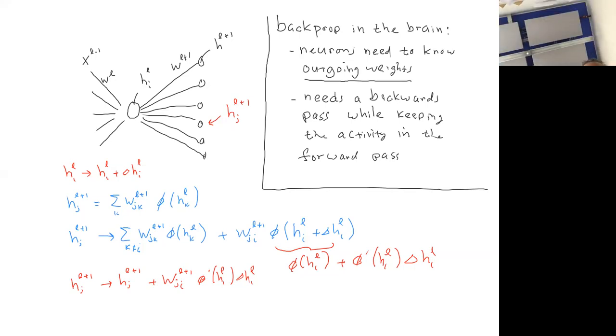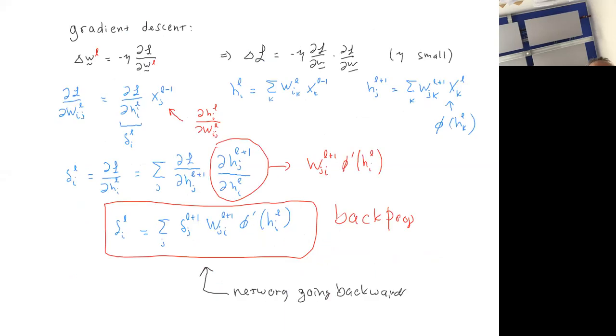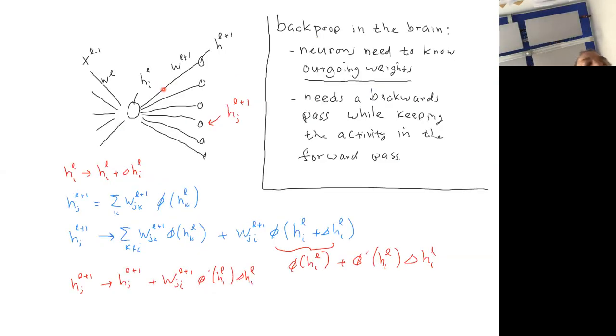Okay, so the backward pass uses different variables, right? The backward pass basically computes these. This is what gets computed in the backwards pass, right? So it basically is a network that computes these deltas, and they're based on the activity in the forward pass. And of course, it has to remember its activity to update the weights. So it's a really complicated process. Now, so certainly this version of backprop, the brain really cannot run, okay?